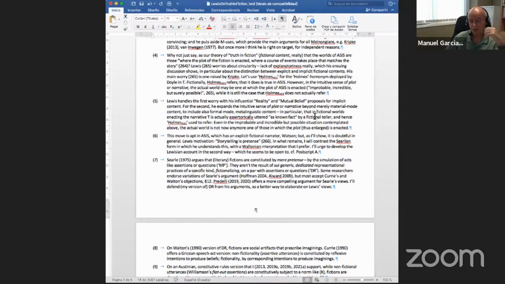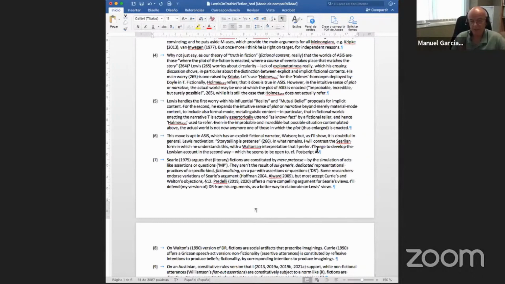It would be part of the content of the fiction that we are discussing, that in fictional worlds enacting the narrative, the utterance T is actually assertorically uttered as known fact by a fictional teller, Watson in that case. And hence this homonym that we were talking about is part of the plot that this homonym is used to refer. If we extend this intuitive notion of plot beyond the material mode content to include these